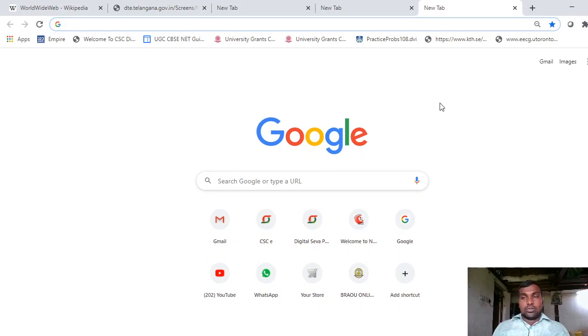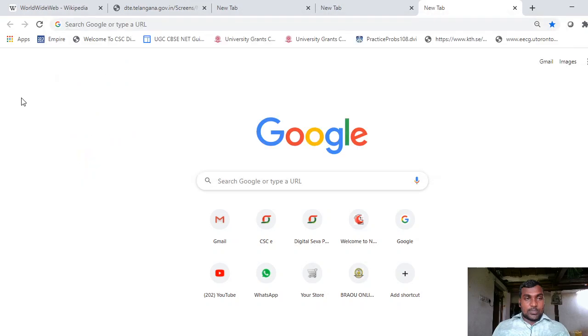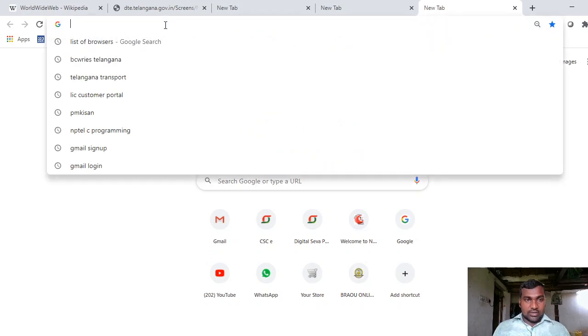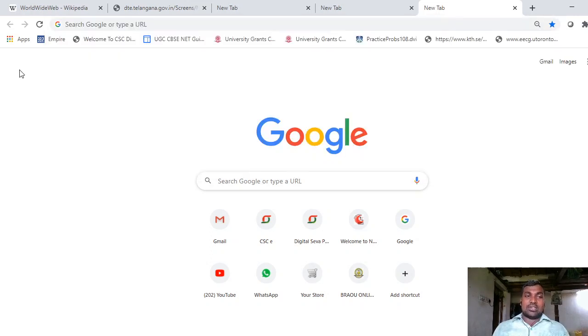This is the address bar. In the address bar, we type several domain names, the addresses of different web servers. This is the zoom button.